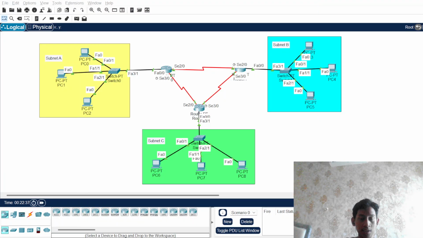In conclusion, this practicum helps us understand how VLSM improves IP address efficiency, how static routing enables communication between different networks,